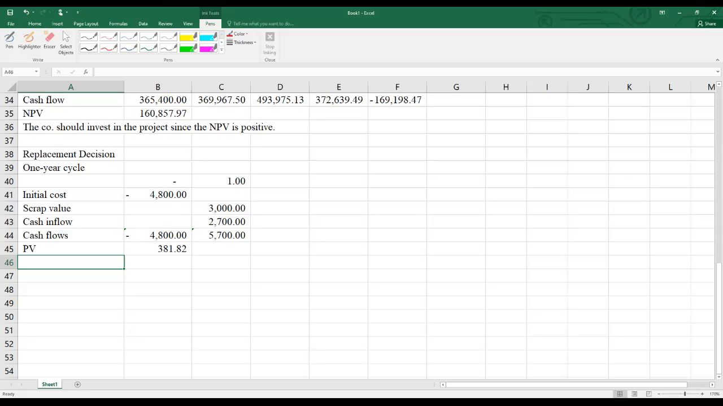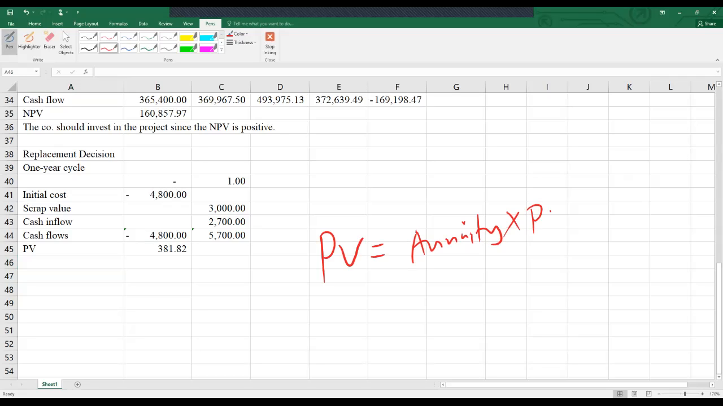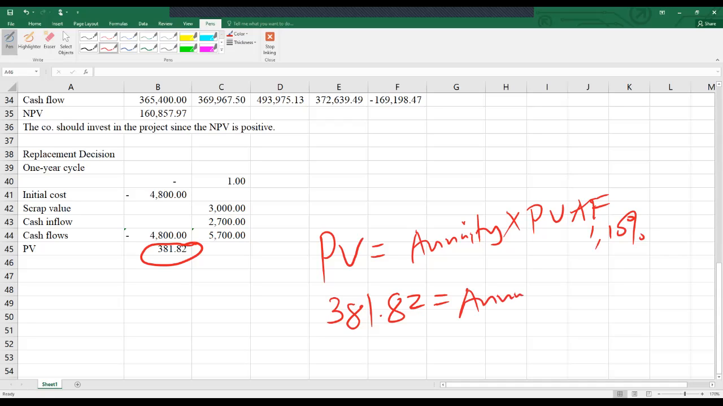Don't forget this PV. Let me show you: the present value is equal to the annuity multiplied by the present value factor. This is for 1 year at 10%. The PV you have here, 381.82, is equal to the annuity we are discounting times the present value factor at 10%. Therefore, what's the amount? So we solve for the annuity, which is the amount of cash flow that will be incurred. This is actually a positive, to be earned. The amount to be earned in year one will therefore be equal to